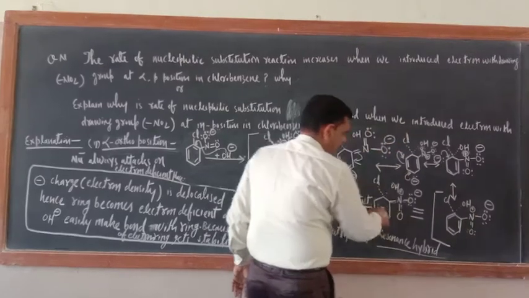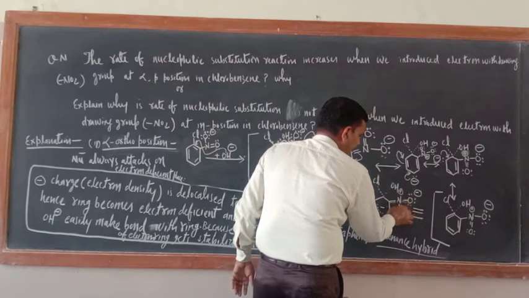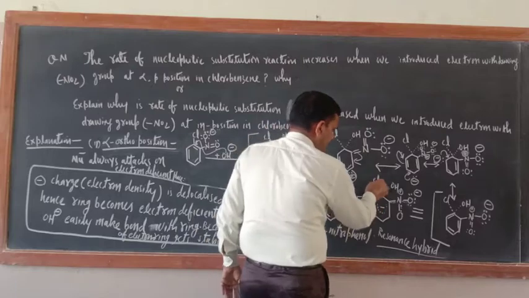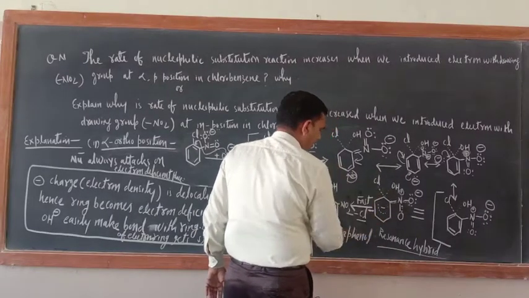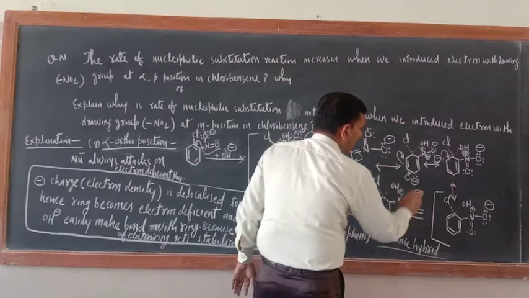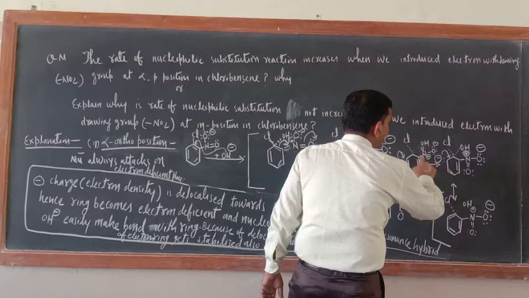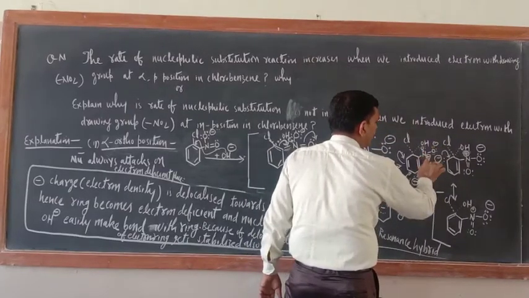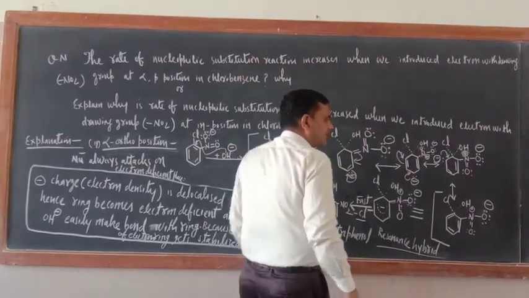Okay. Now this is the resonance hybrid. Check here, partial double bond character has come everywhere. Okay. Last step, Cl will go. This Cl will come, Cl negative. First step. Now ortho-nitrophenol is formed. Now nitrogen will acquire a positive charge. Why positive charge? The valency of nitrogen is 5, but here 1, 2, 3, 4, 4 valency is there. That is why nitrogen will acquire a positive charge here.